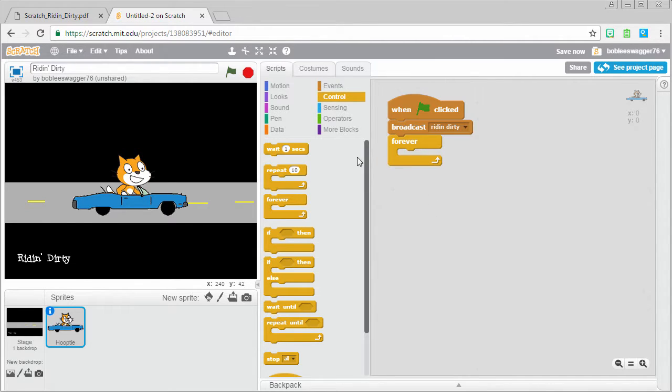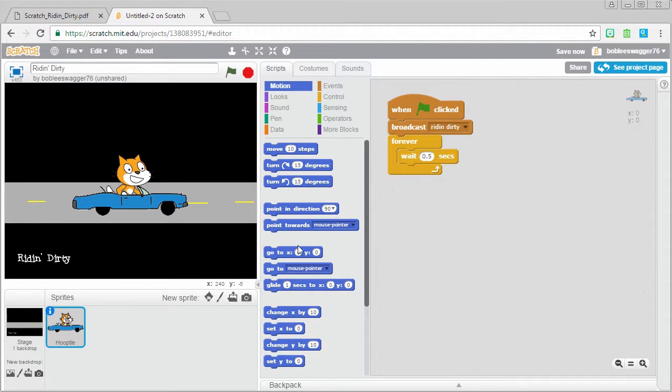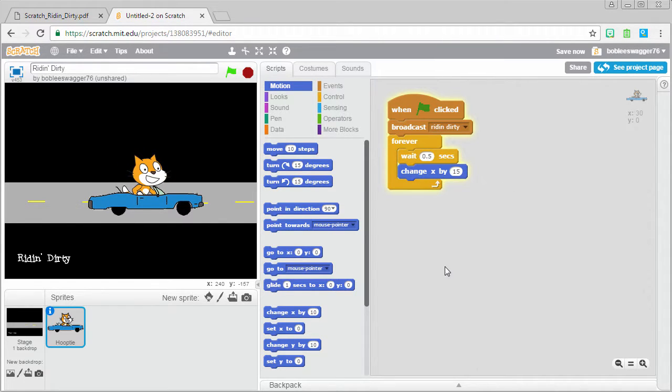Let's grab a wait block. Wait does exactly what it sounds like. It waits and does nothing. Let's do half a second. And then the other thing we want to do is go to the motion group and let's say change X. Change X by 15. Now when I click on the green flag, it should wait half a second and then